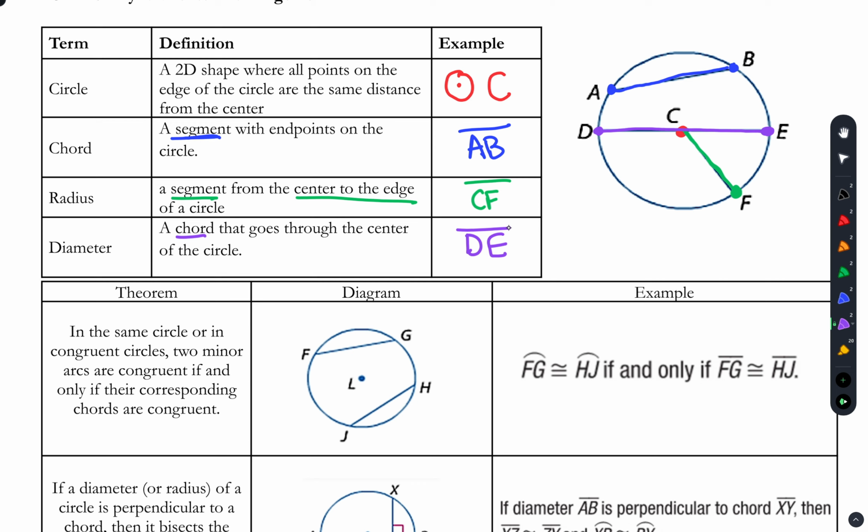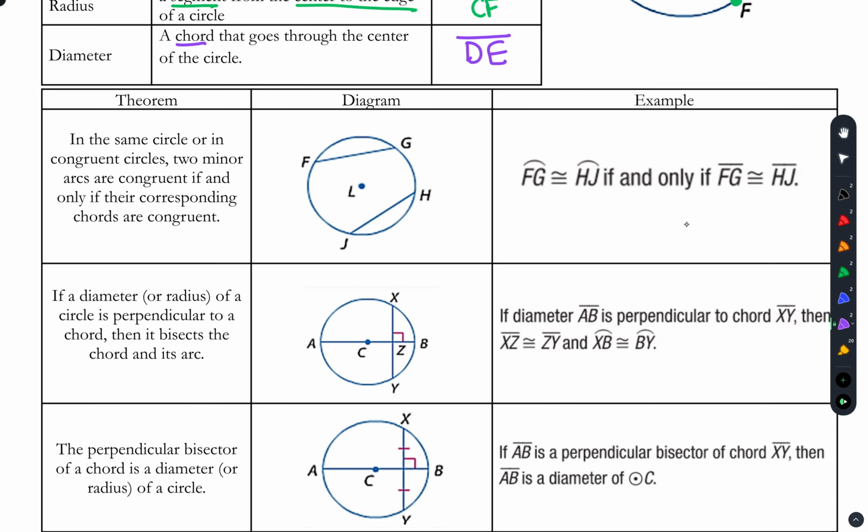Now we're going to get into a bunch of theorems. Okay, so these theorems have reasons, they have justifications. It's going to sound proofy when I say it to you. I'm not expecting you to memorize the proofiness. I'm just expecting you to be able to look at a diagram and recognize, hey, I know what I can fill in here, okay? So first theorem says, in the same circle or in congruent circles, two minor arcs are